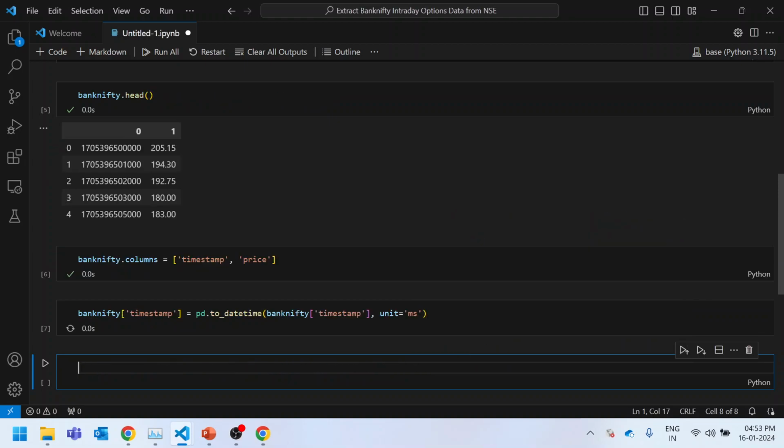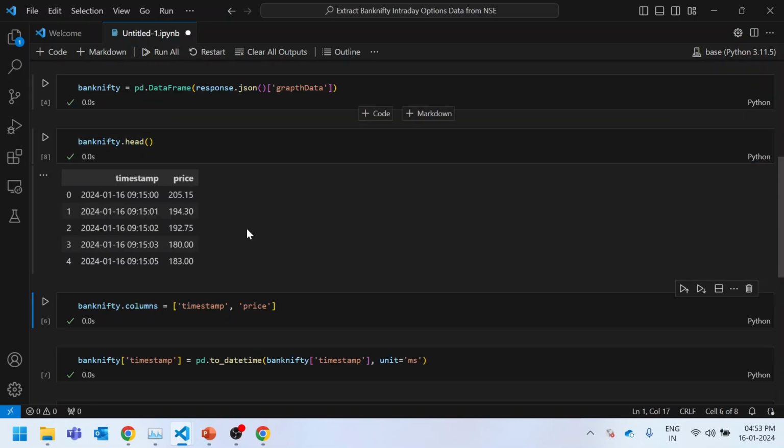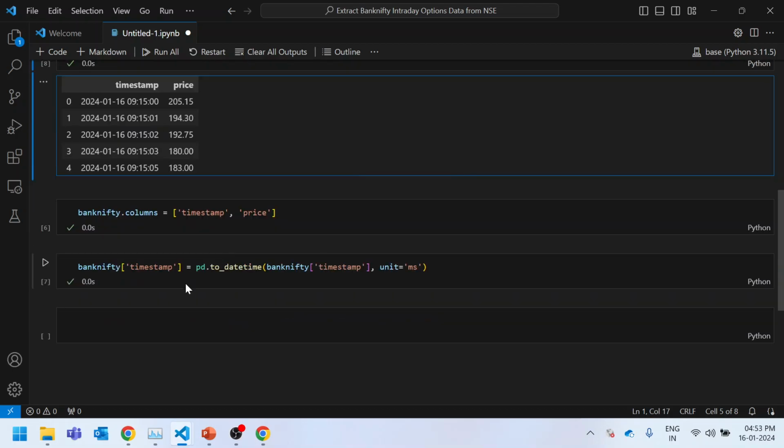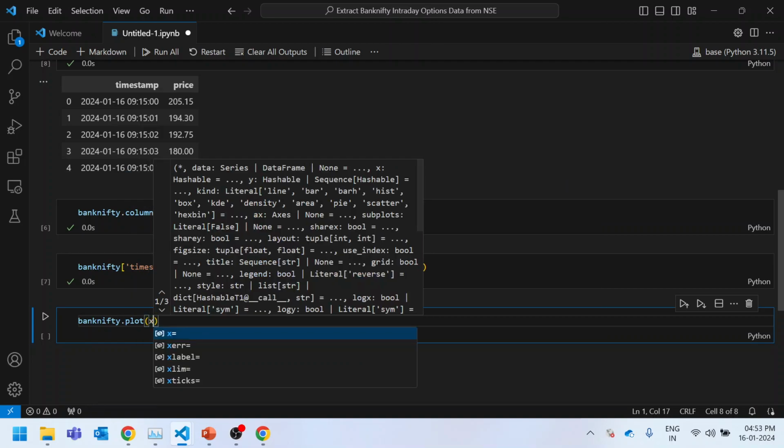Milliseconds. Okay. Now, what I'm going to do is refresh this Banknifty dot head column, and yes, I can see the data in a perfect format. Okay. Now, as we can see, as we got the data in perfect shape, I'm going to do a simple plot. I'm going to do a bank nifty dot plot